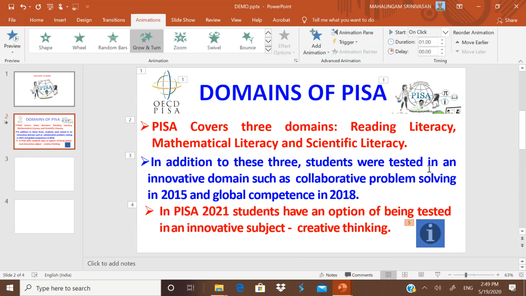Is it okay? Now let us recollect what we have seen. We have seen how to open a PowerPoint presentation, then how to create text boxes, how to paste an image in a PowerPoint slide, how to insert so many slides, how to give animations to the text, then how to arrange the animations, then how to give a hyperlink.